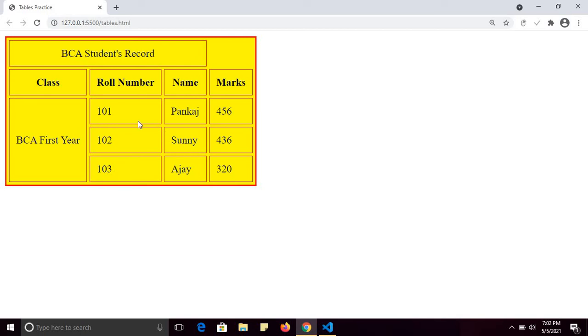But now I have created one column, class, so this cell must take the space of 4 columns: 1 column, 2 column, 3 column, 4 column. It is up to here only because I have set the col span to 3 only. So for this cell I will use col span 4.